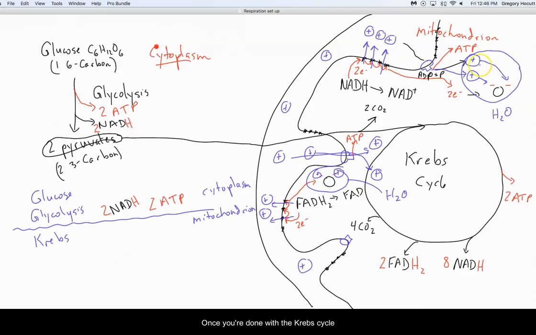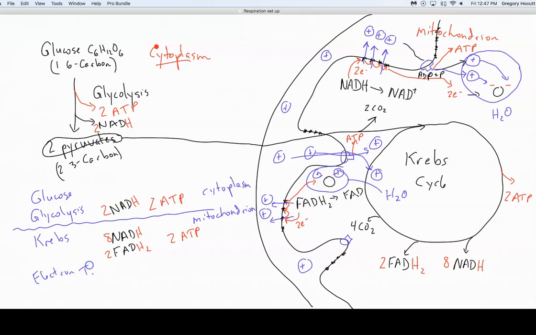Once you're done with the Krebs cycle, you've got 8 more alphabet soup molecules of NADH and 2 FADH2s. 8, 2, put our H's here. Okay. And then again, 2 lousy ATPs. So through the Krebs cycle, you haven't generated a lot of actual usable energy. Then you move, though, into the electron transport chain,